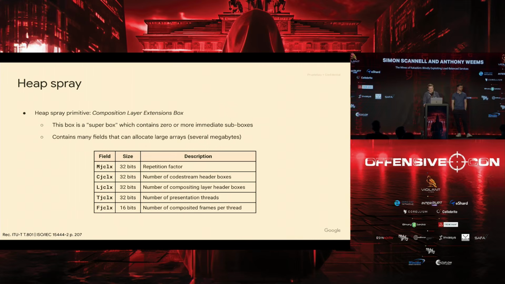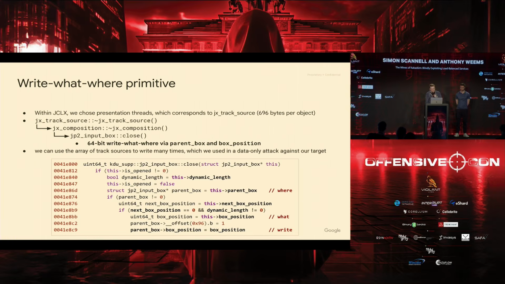And in particular, this composition layer extension box has several integers where you just tweak them and it allocates large arrays of objects. So we picked one of these, specifically the JX track source, which is a 696 byte object that we could allocate hundreds of thousands of times, creating many megabytes of just this object on the heap.